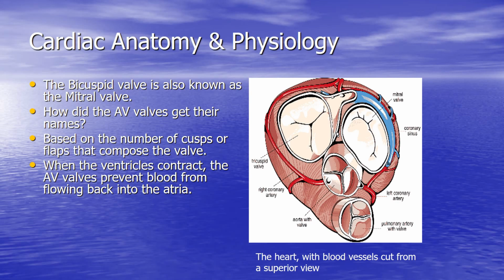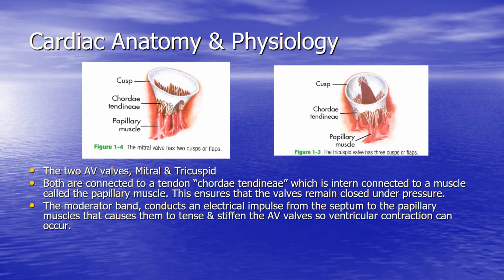Here we have a picture of the heart in transverse section, and we're looking at it from a superior view just to show the position of the valves, and it shows the tricuspid valve. It has three cusps, and the mitral valve actually only has two, hence the name. The purpose of these valves is to prevent the backflow of blood into the atria. So these are AV valves. Remember, they're between the atria and the ventricles. So when the ventricles pump, it prevents blood from flowing backwards into the atria,